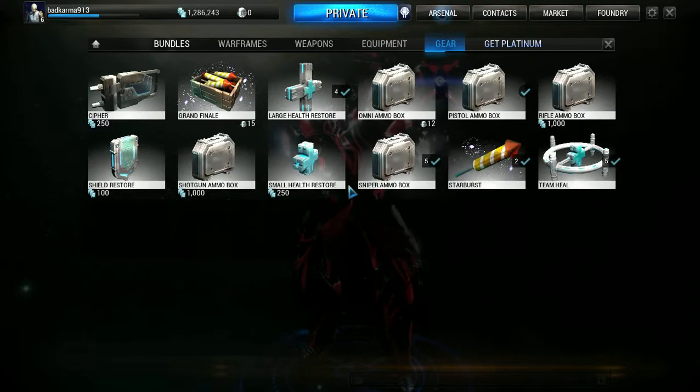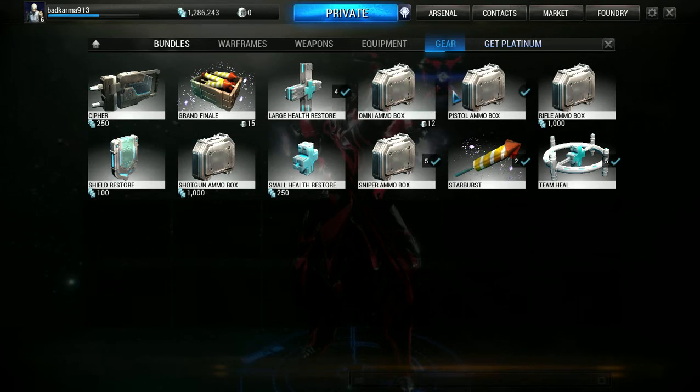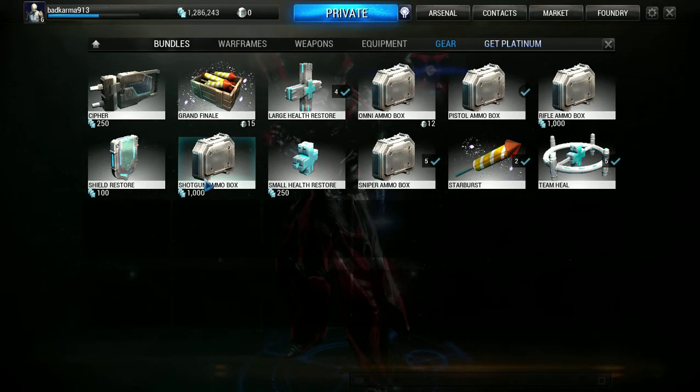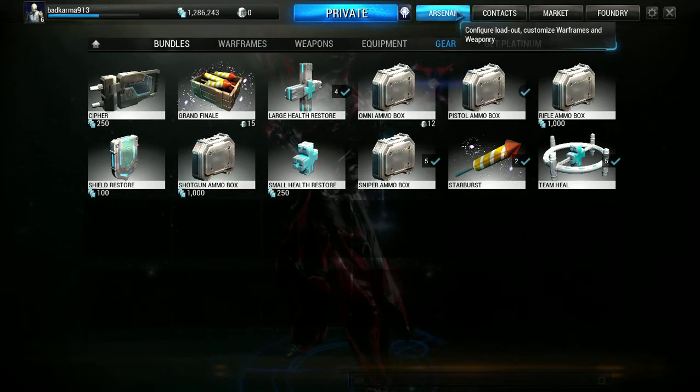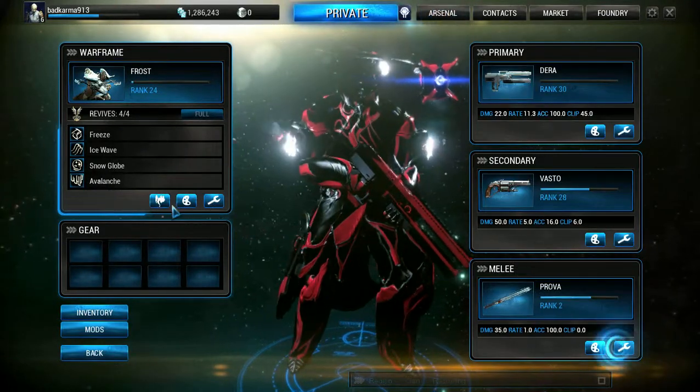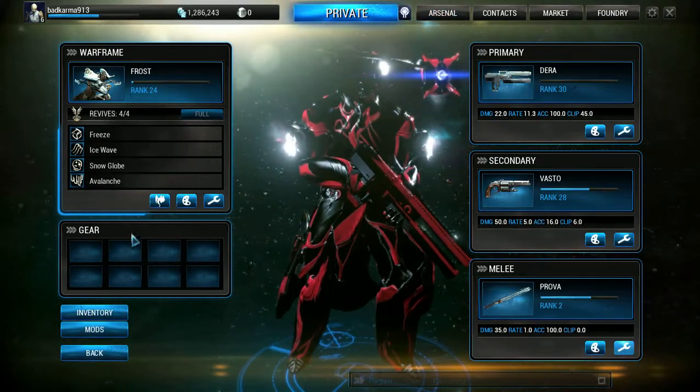Next we get to gear. Now, this gear, you can buy it. Yeah. Of course, you can buy it with credits. And you may be thinking, 1,000, holy cow, it's not a lot of money, trust me. You can get piles and piles of cash in the void. But to put on gear is you click